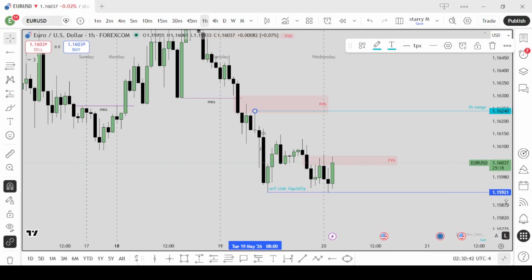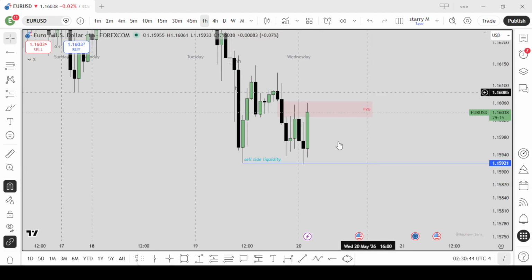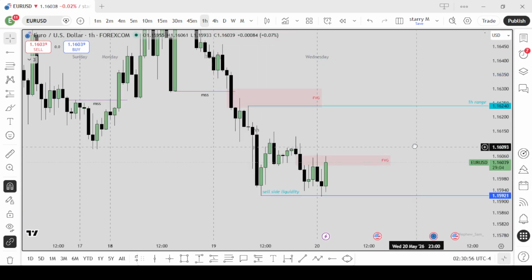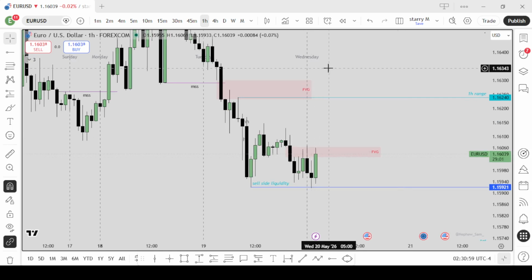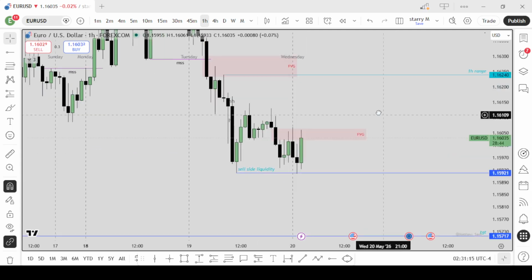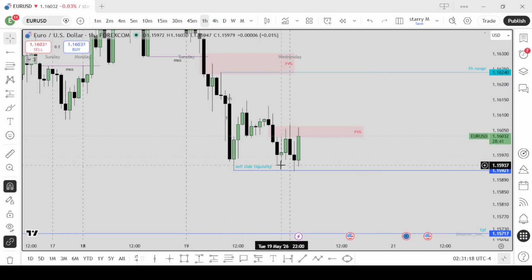We see that we've created an equal, we've taken this liquidity, this sell side liquidity. So we might be coming upwards, or even we are not, at this point, we are not sure whether we are on this pullback phase and then coming downwards, or we are mitigating that and just going downwards. So we can just say that as for now, we are currently bearish. 1 hour, we are bearish,